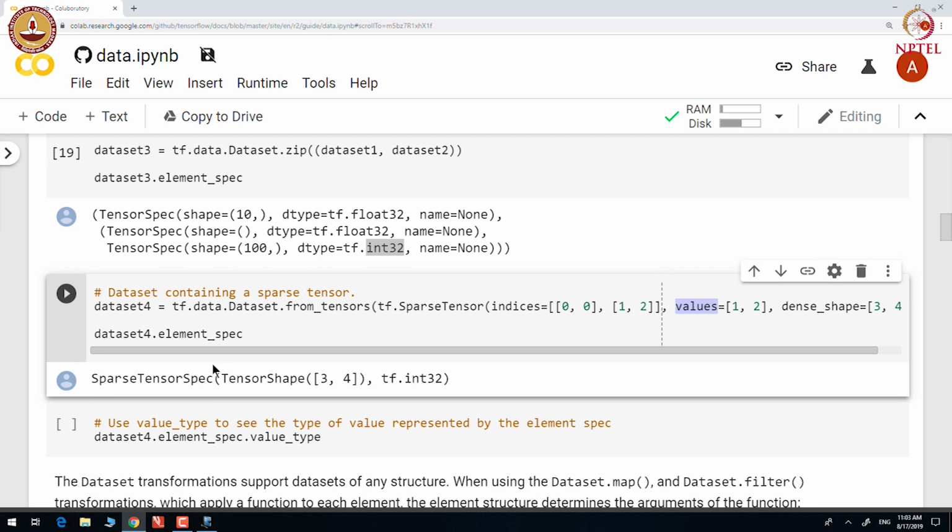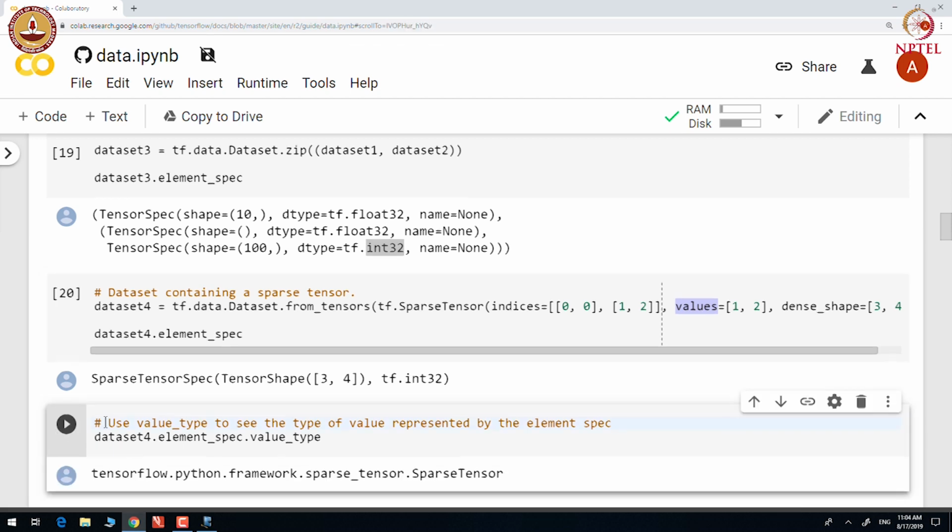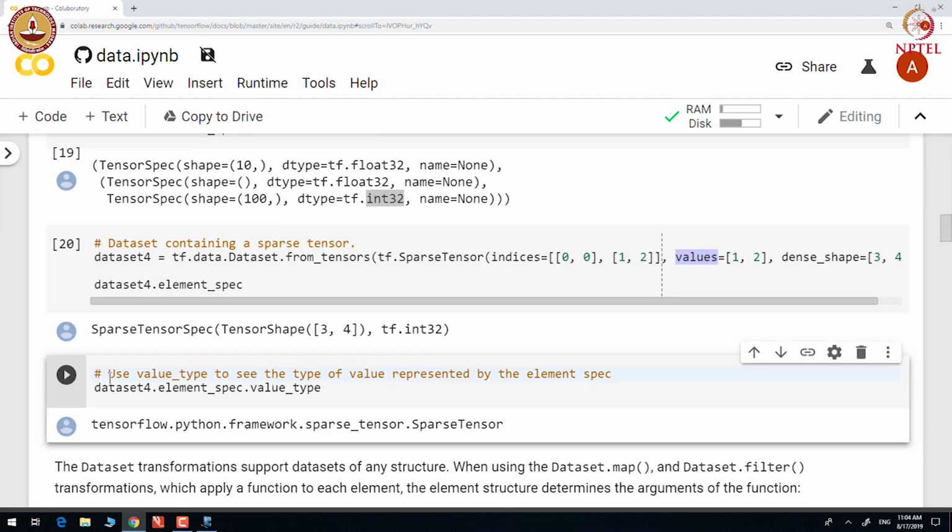We can see that we have a sparse tensor which is a 2D tensor with shape 3 by 4, and each element is a 32-bit integer. We can use value_type to see the type of the value represented by the element spec. So, we can see that in this data set each value is a sparse tensor.